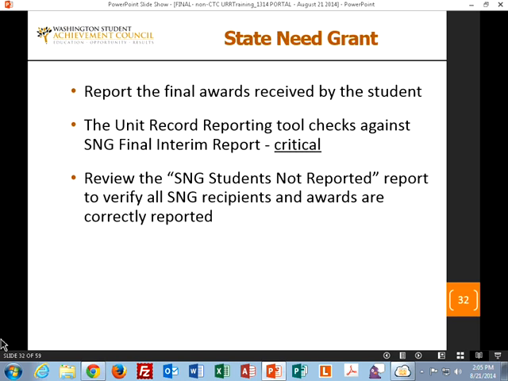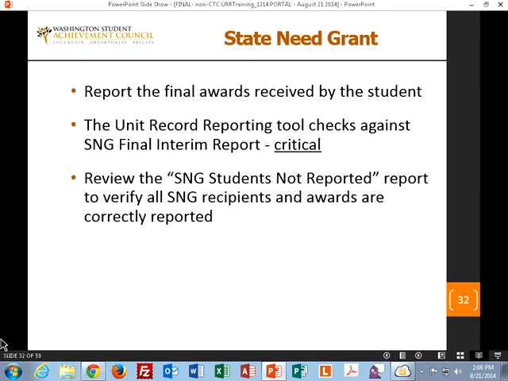For state need grants, you'll report the final awards received by the student for the 13-14 year. We do check this one carefully against our records, so the critical note here is that it should all balance out with the interim final report.